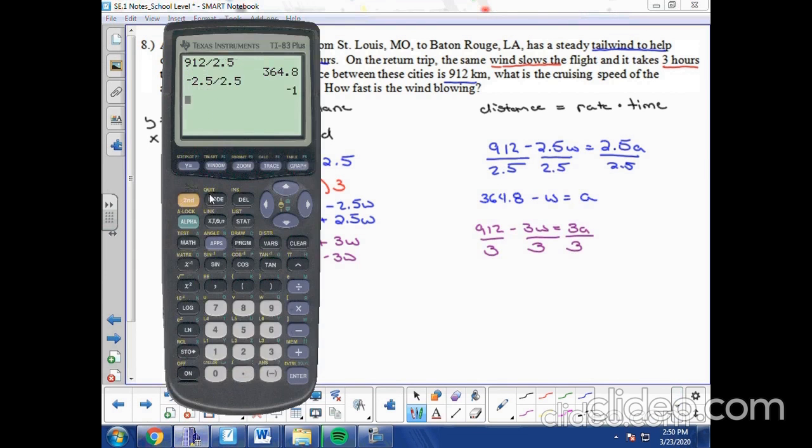So 912 divided by 3. If you need to do it in your calculator, it's okay. 304. I'm not even going to divide 3 by 3 because everybody should know that's 1. Did it on the last one, but I'm not going to do it again. There we go. 304